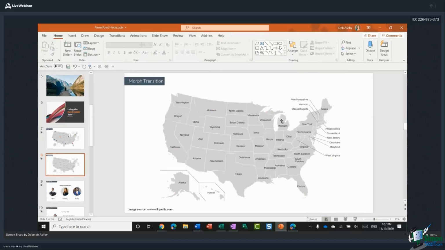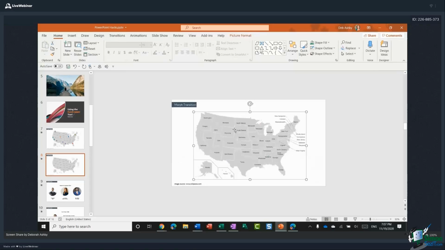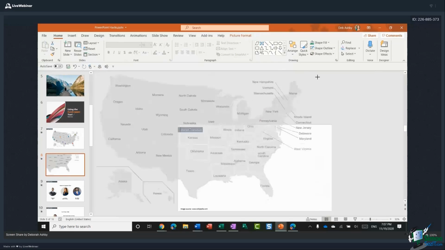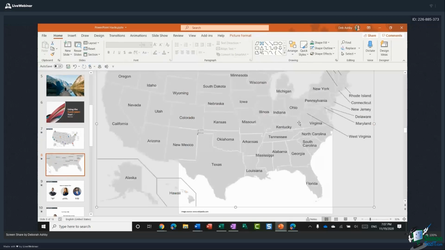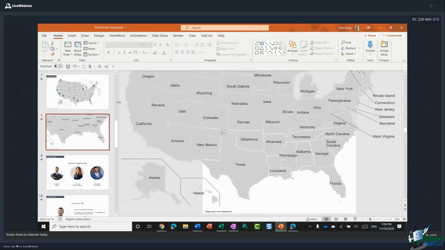So now what I want to do is I want to do the zoom in. Now, the way that I find easiest for this is I need to zoom out a little bit on my presentation, and I'm just using the slider in the bottom corner. Because what I want to do is click on this image, and then I'm going to drag it out and make it super huge. And this does look a little bit strange because it kind of goes off the edge of the slide. Now, look at the thumbnail for this. If you want to get an idea of what you're actually going to see on the slide, you need to look at that thumbnail. I might make that a little bit bigger so it's easier to see.